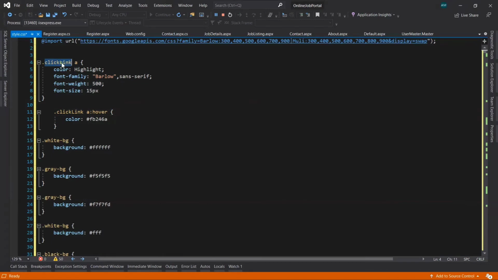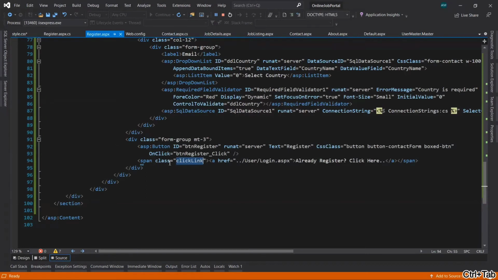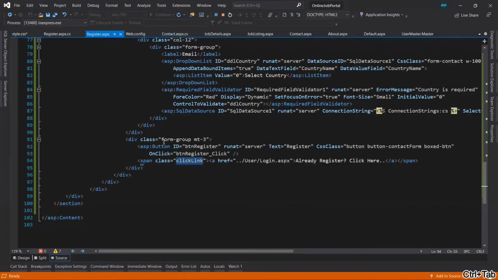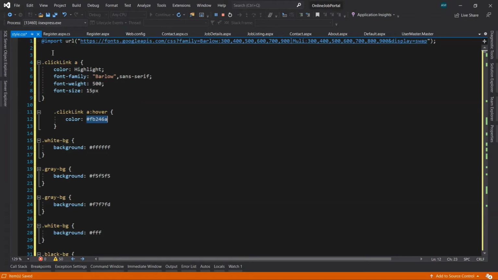That is for the class click link for the anchor tag, because we have used an anchor tag here, right? And here's the class click link. For that I have used color, font family, font weight, font size, and when we hover on it the color is going to change. Okay, now save this style page.